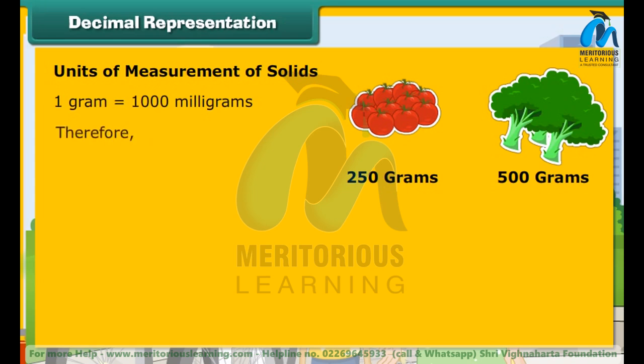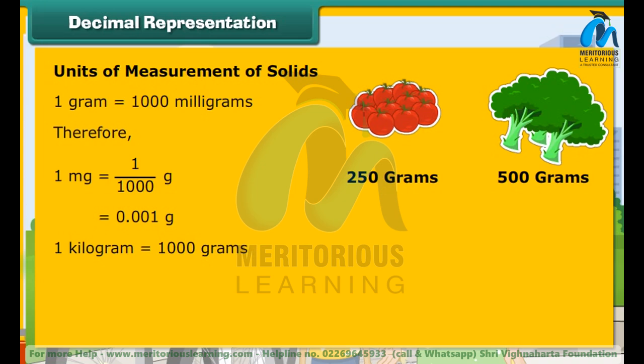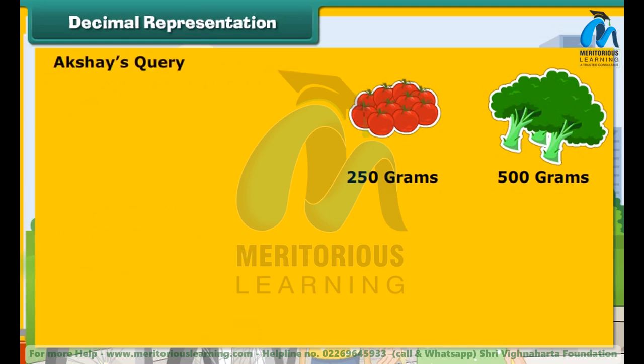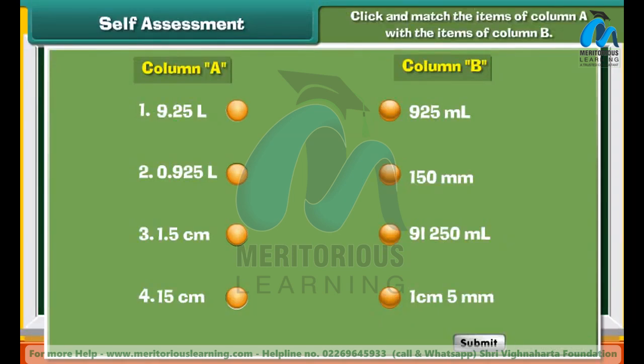1000 milligrams. Therefore, 1 mg is equal to 1 by 1000 gram. That is equal to 0.001 gram. 1 kilogram is equal to 1000 grams. Therefore, 1 gram is equal to 1 by 1000 kg. That is equal to 0.001 kg. Let us now express the vegetables Akshay's mother purchased as kilograms. 250 gram is equal to 250 by